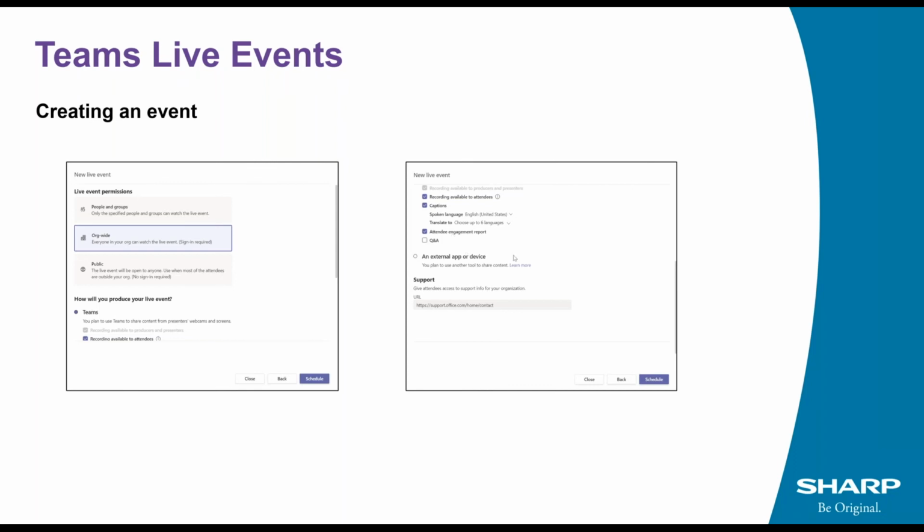And if it's a particularly large event, we can actually integrate with an external hardware device to produce it through hardware for a better audio visual experience. But that really would be if you're presenting more of a TV style event. Of course the lag will then disappear, but that's quite rare that you want to use that, but it is available if you so wish to use it.